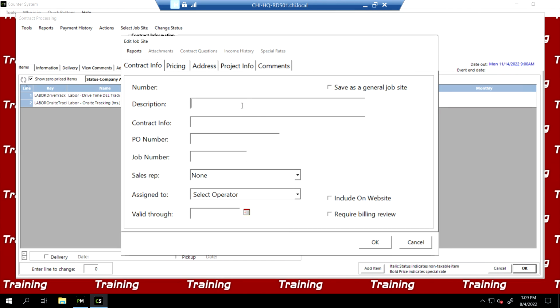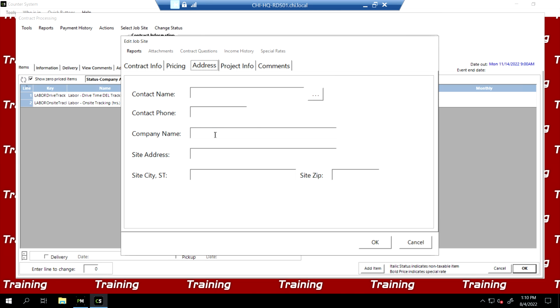Description is going to be the actual project name, so we're just going to call this fake apartments, and we're going to copy it and we're going to paste it into another area. If you have a PO number, which in this case you probably won't, this earlier job number, you can put those in, but those are really the three boxes we do under the contract tab: is the name, PO, job site. Under the address, we're going to paste our name here, fake apartments, under company name, and we're going to put in an address